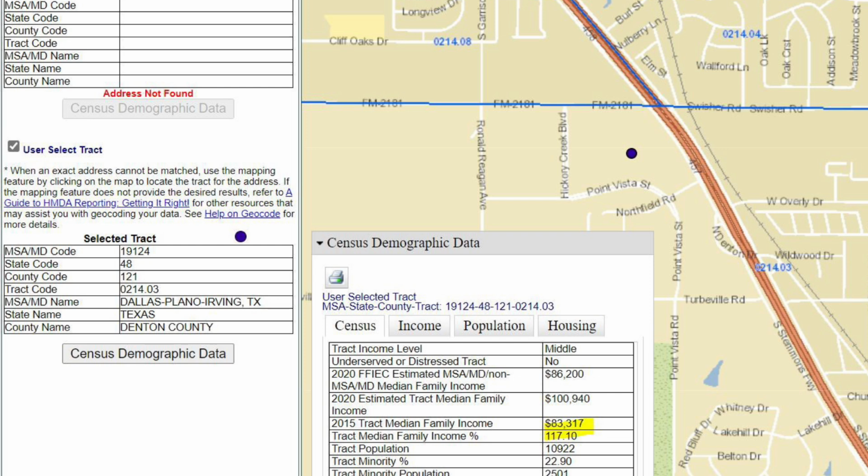But if you can get the address of the sales office, I don't want to call it the leasing office, but the sales office there on site in the community, try to plug that into Google and then see what is around there. Like as close as you possibly can. There should be a gas station, maybe a school. There should be something very, very close to that community. And then you can plug that address into the FFIEC website to get a more accurate view of whether or not this is going to be a priority or non-priority area,